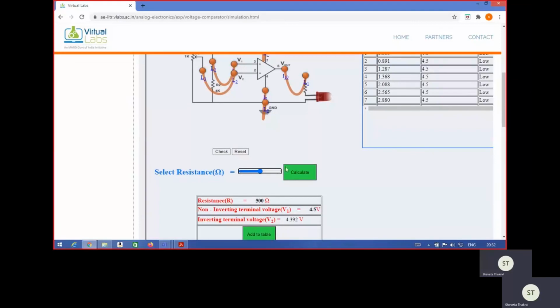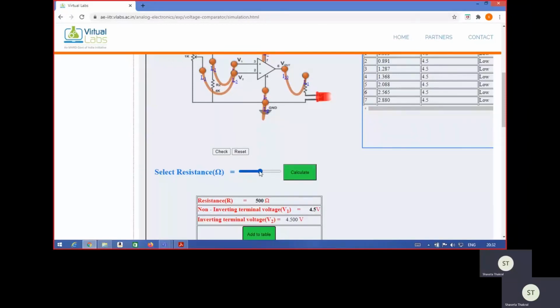When we calculate at 500 ohm, both the voltages are same, add it to table. So that will be the condition, like initially for some readings this voltage was less than this voltage. Now at this point both the voltages are equal, that is the transition point,